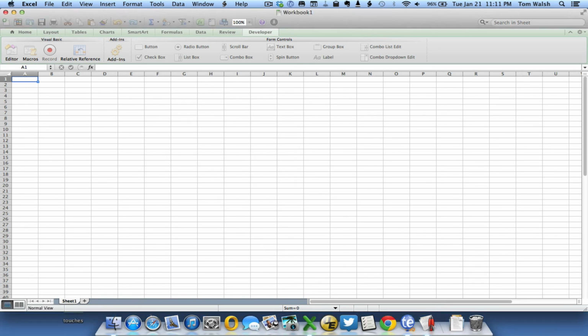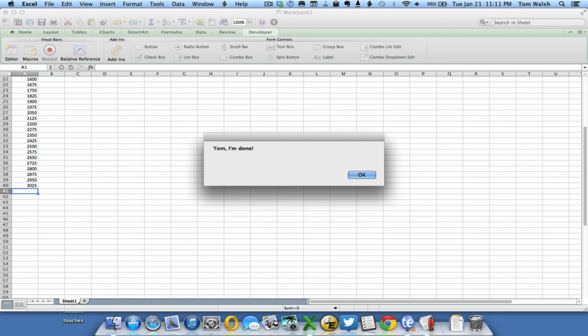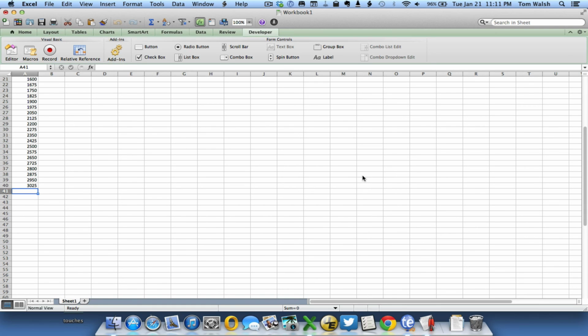And it will now prompt me for a starting value. Let's start out at 100. And let's add 75. And once I click OK, it actually goes pretty quick. And it says, Tom, I'm done. I hit OK, just so we can now look at a little bit about what we have on our spreadsheet. You can see that it started out in A1, went from 100 and added 75 all the way down through 40 cells and came up with a grand total of